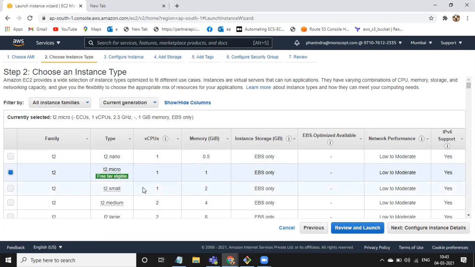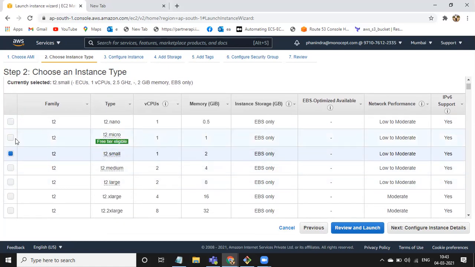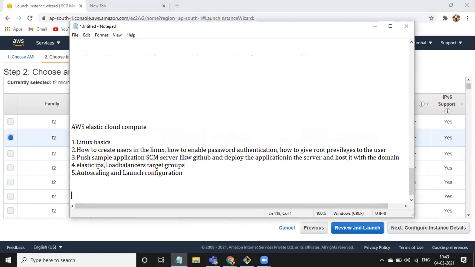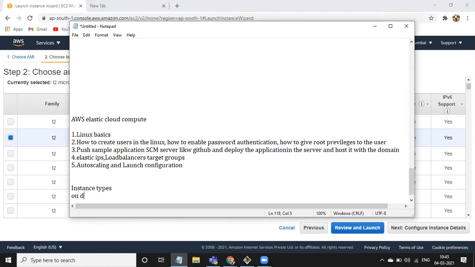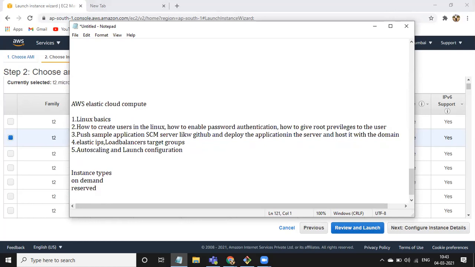If you go with T2 small and T2 medium, these are hourly based pricing. The instances which you are going to launch now are on-demand instances. What is on-demand? We have three types of instances. One is on-demand, another is reserved, and another one is spot requests.